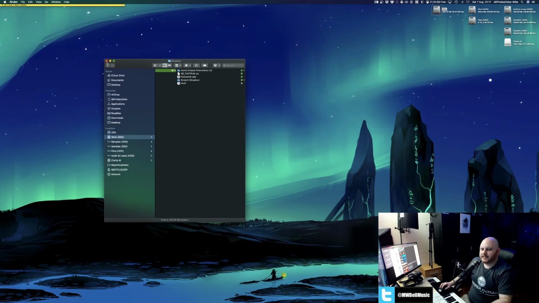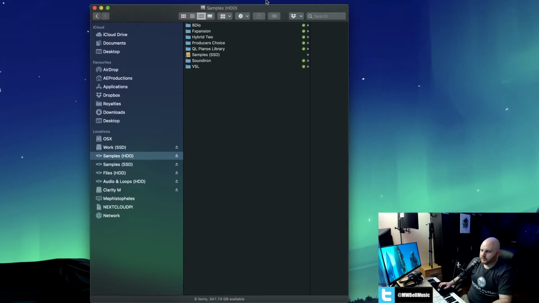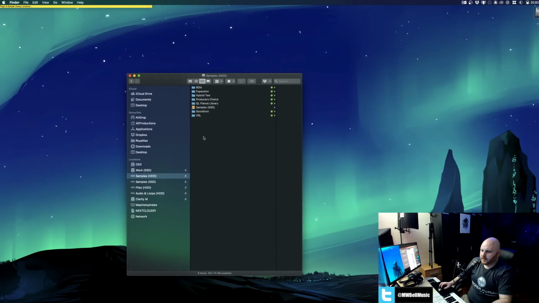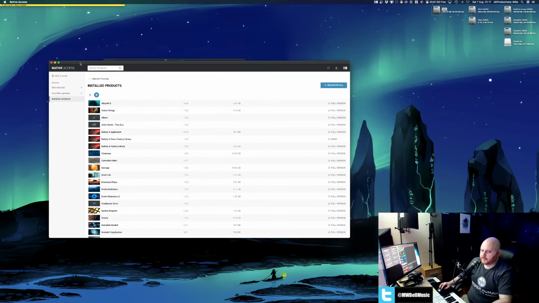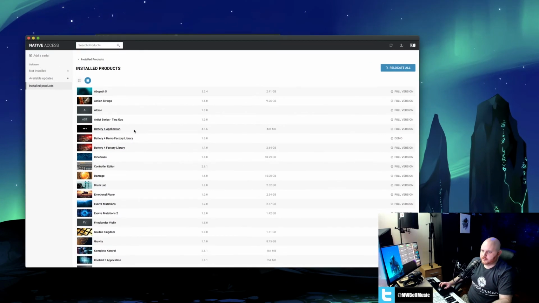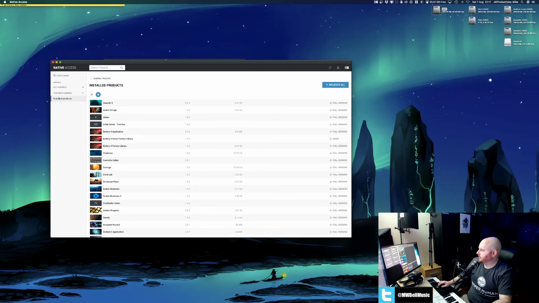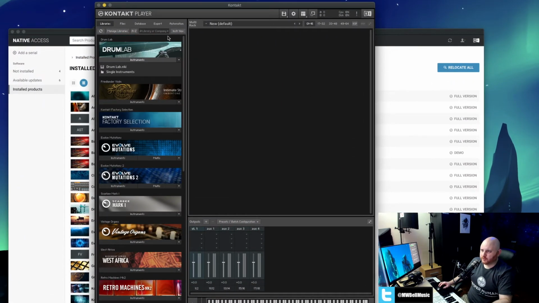Moving on to the relinking side now. So let's say you completely reinstalled your system and you've got all your samples on these drives. So generally speaking, when you're reinstalling, let's just bring over my Native Access here. Let's say you suddenly needed to install one of these again. You don't even really need to use Native Access. You can literally do it within Contact. If you just open your Contact player, all you've really got to do is click Install Now, New Library,